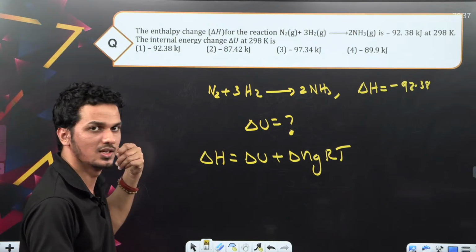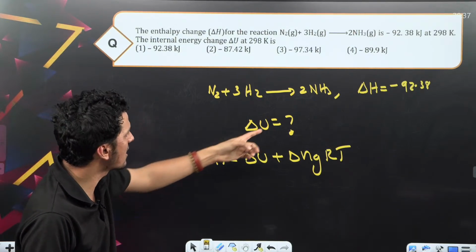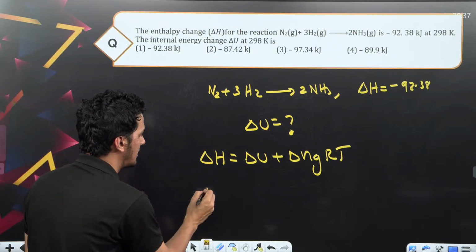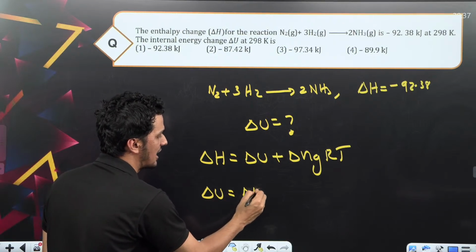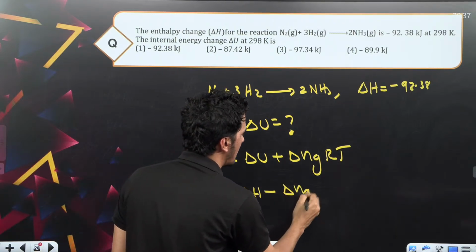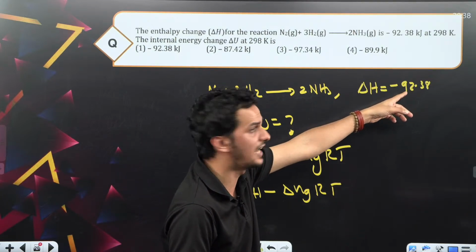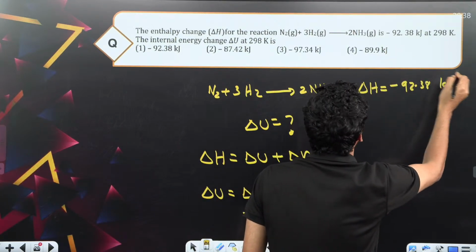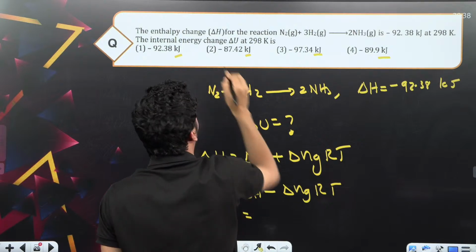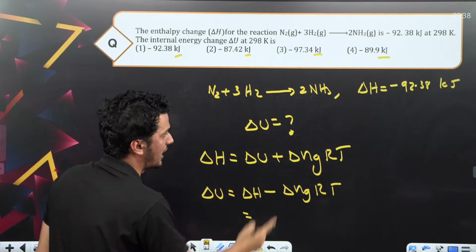So they are asking to find out delta U. So what is delta U? Delta U equal to delta H minus delta n g RT. What is delta H? Delta H is minus 92.38 kilojoule. All options are in kilojoule, so I am going to take everything in kilojoule. Okay, so minus